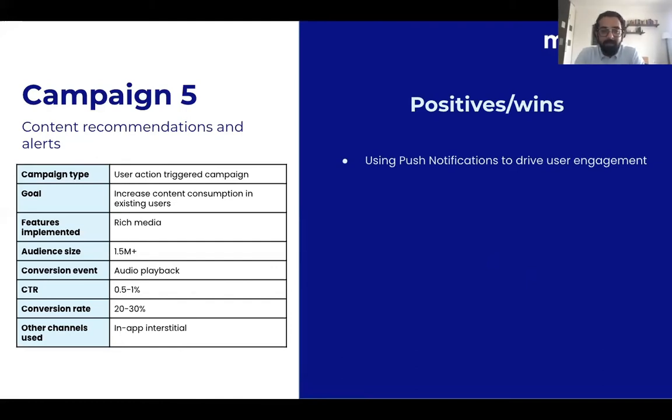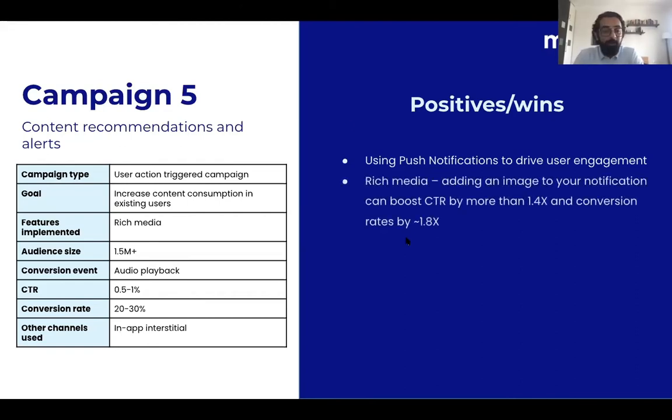I was glad to see also that they're using an artist affinity based recommendation in this. So it was good to see that it was triggered based on what artist I listened to recently, or what artists I tend to listen to more. And that's a great way of really sending personalized content to a user. Rich media, I think I've been talking about it on all of the other campaigns that we looked at, and it's great to see that I get one where rich media is actually being used. But very good to see that they've been using images, especially.